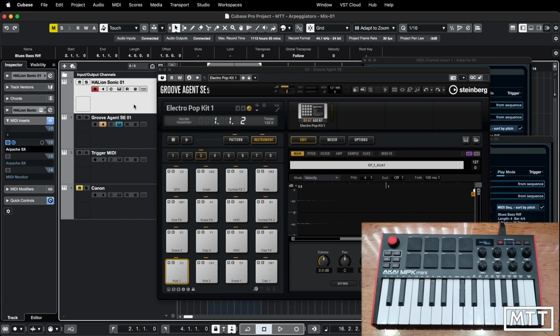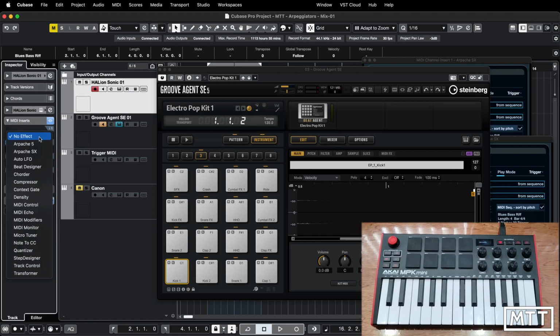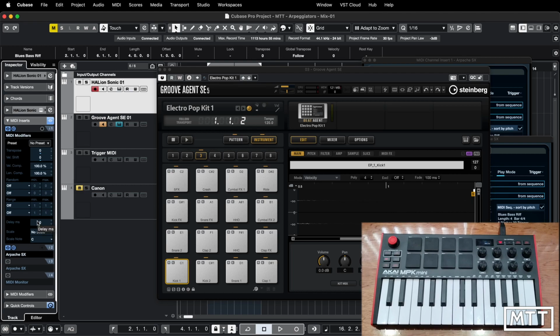So if we go back to Halion Sonic 1 here, we can just use MIDI modifiers in this case. There's multiple ways we could do it, but in this case, I want to play a C on the keyboard, but get a D on the Halion Sonic track. So I'm just going to transpose this up by 2 just for the time being. And now when I play this,